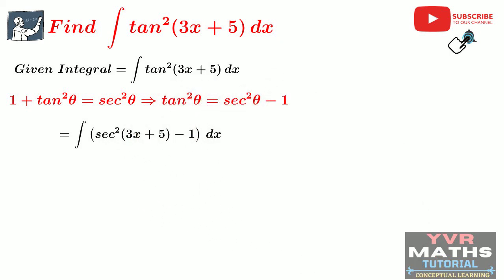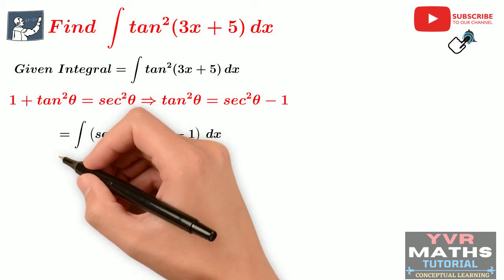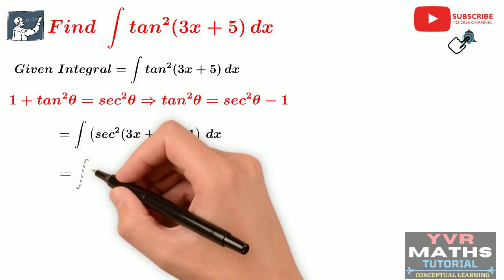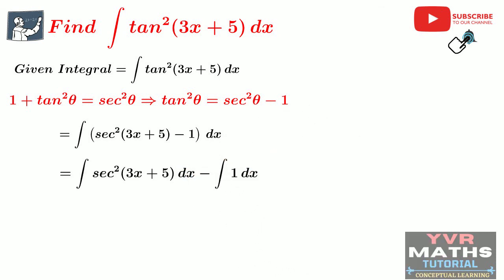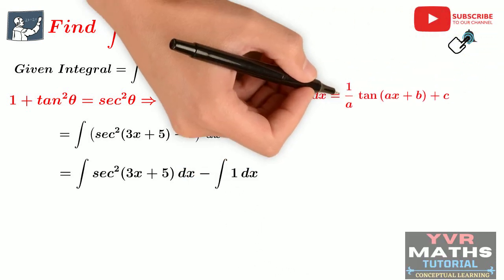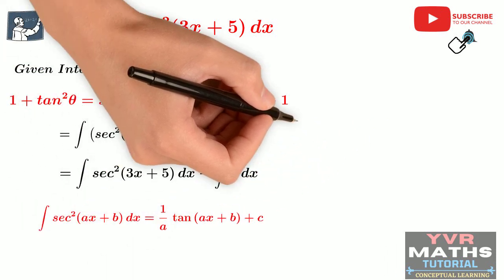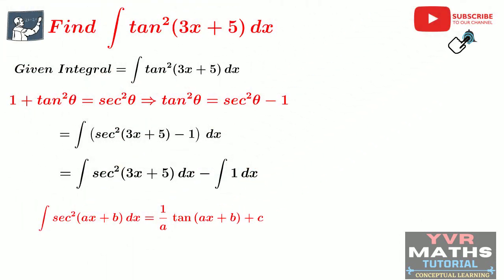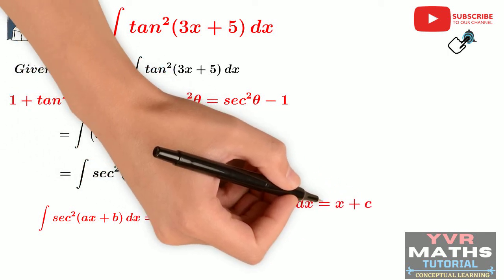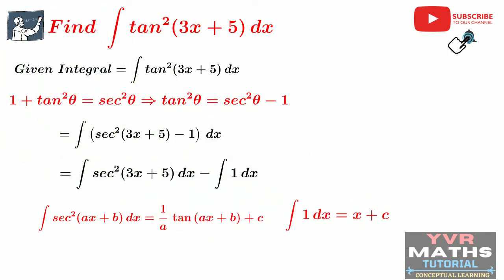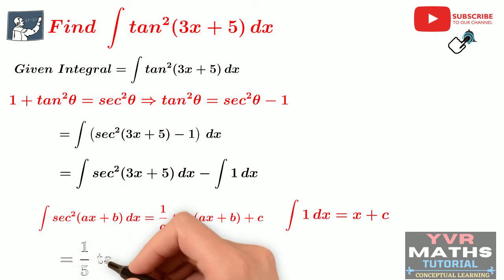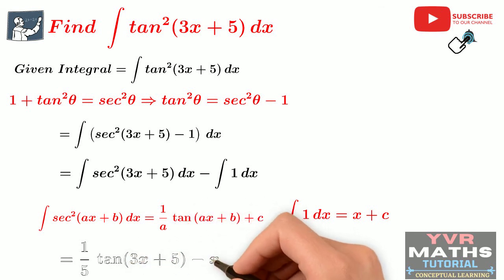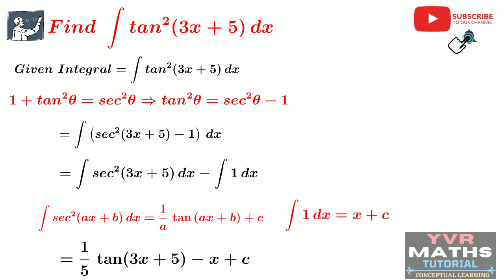By using basic properties of indefinite integrals, I am going to apply individual integrals. Then what will we get as the new step? See here, integral secant square 3x plus 5 dx minus integral 1 dx. So we know the standard integral formula, integral secant square ax plus b dx. And one more standard integral formula, integral 1 dx. So by using these two standard integral formulas, what will we get as the final answer? See here, 1 by 3 into tan of 3x plus 5 minus x plus c. This is the final answer for the given